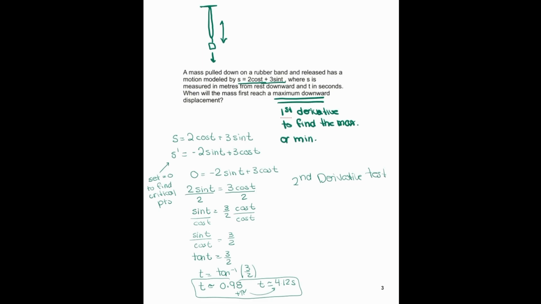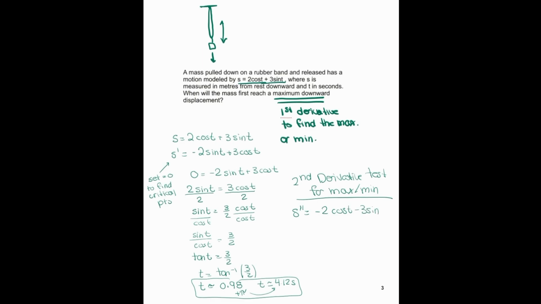To determine maximums for max/min, since we have 2 points, we need to figure out which one is which. So we're now going to find the second derivative. The second derivative of -2 sine t plus 3 cosine t is going to be -2 cosine t minus